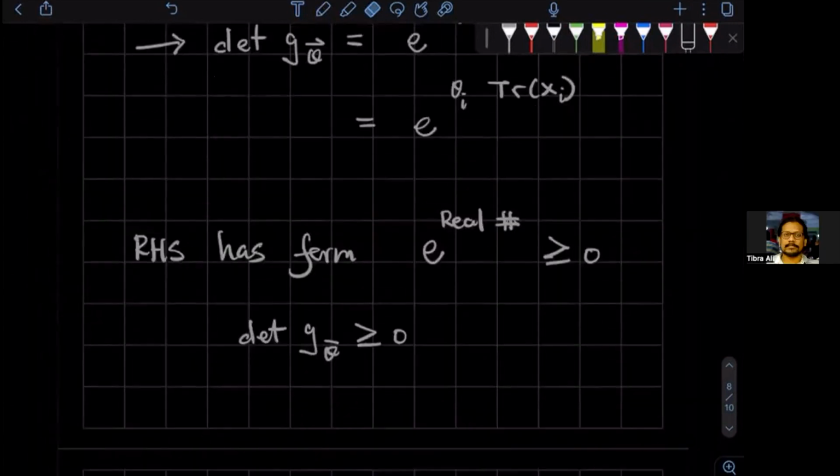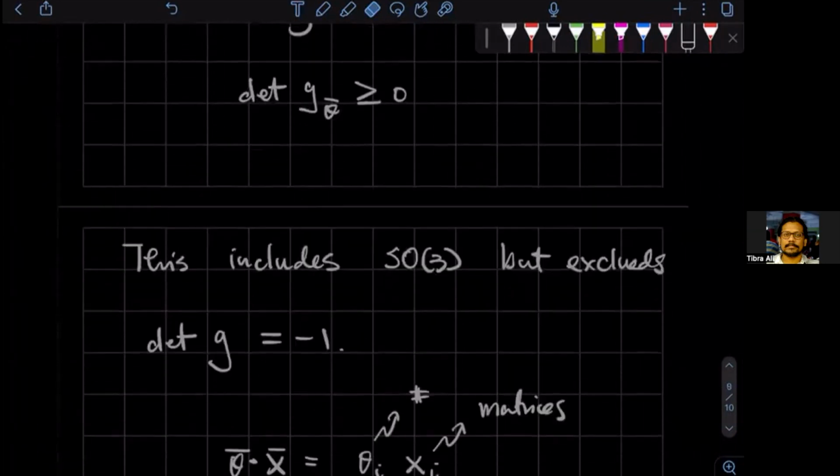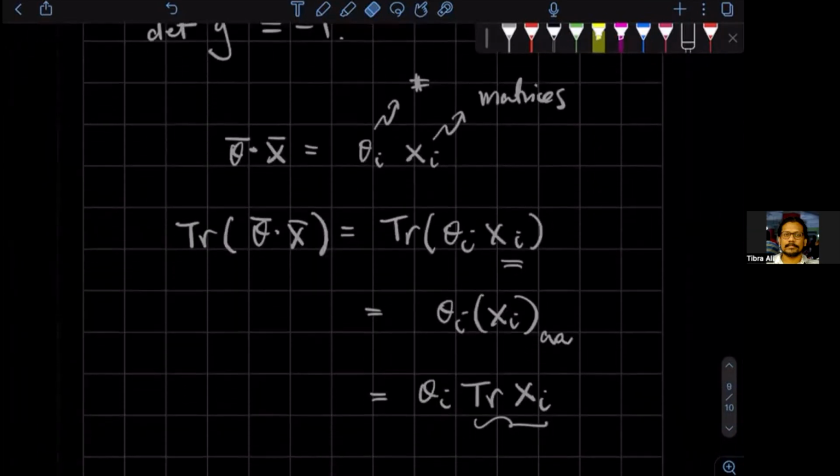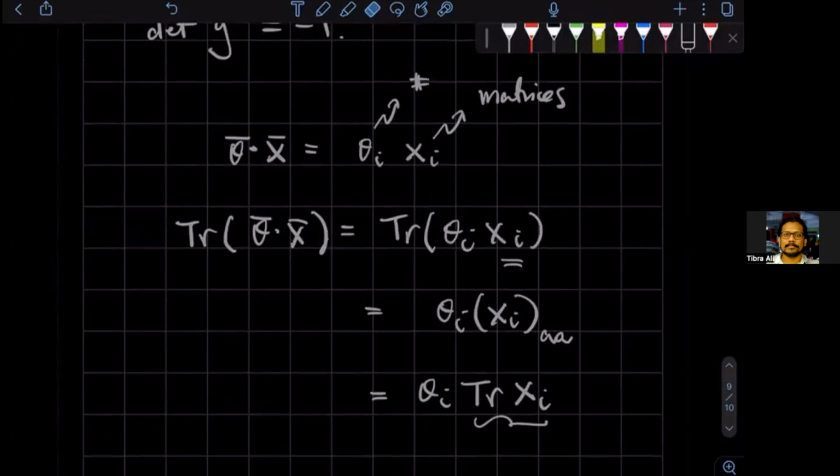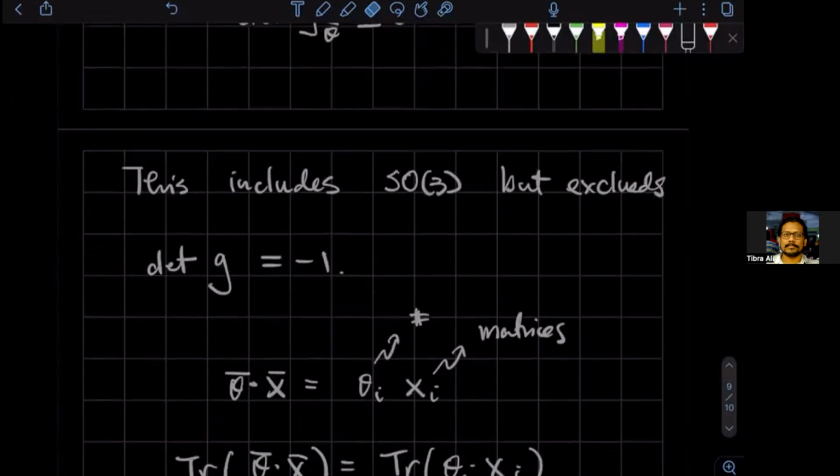All right, any other questions or comments or corrections? All right, so this shows that the connected part of O3 is the one which has determinant +1, right? So now